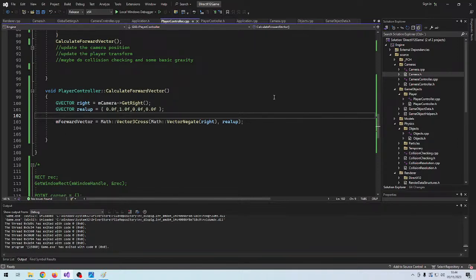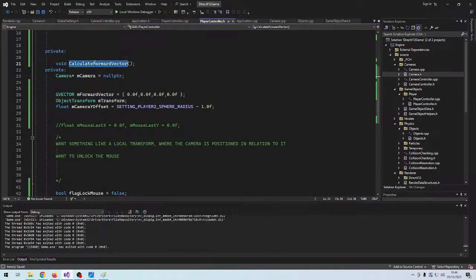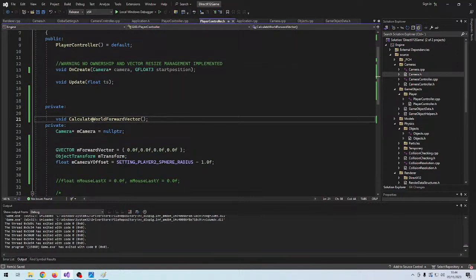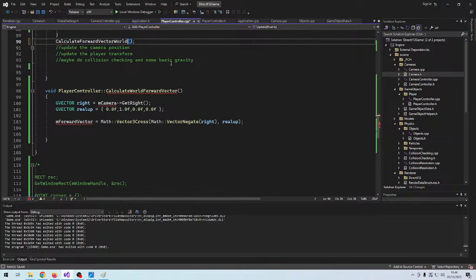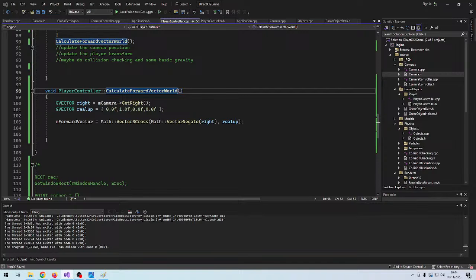All right, now we have a direction vector that we can use in our world to, let's see, we could actually call this calculate world forward going vector, because it's actually the vector in terms of world space. It's not in terms of the local space of the player, which we kind of already